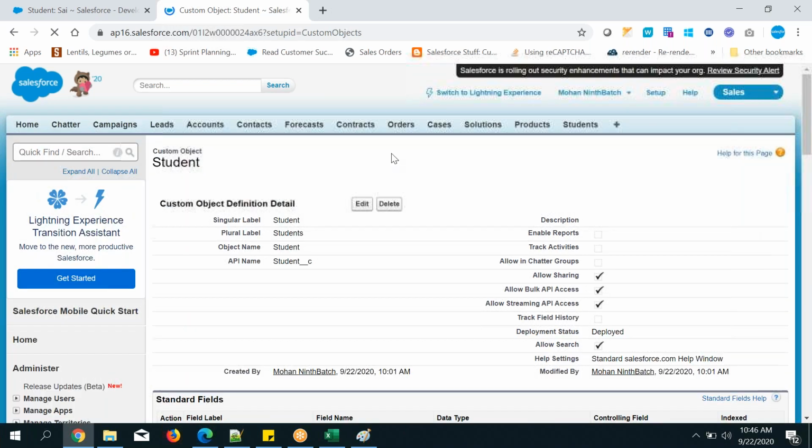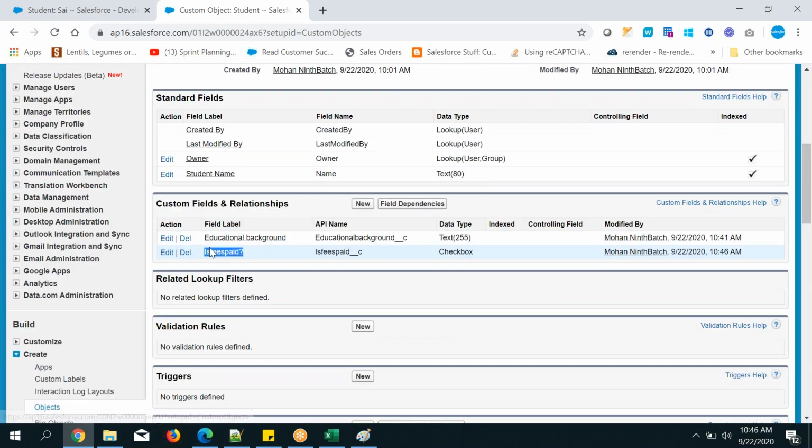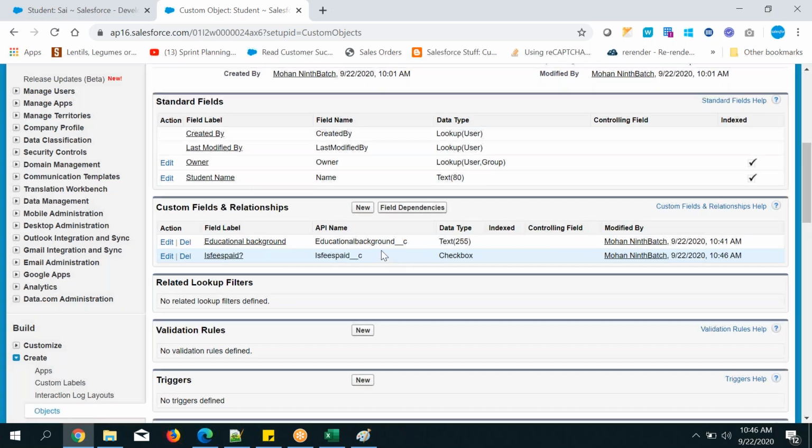So you have created a field, right? Check this one. This is your field label name and API name, taken from the field name. And what is the data type? It is just the checkbox data type. Label name, API name, data type. Now we will see what is the benefit of the label name. As of now you didn't understand, right? I will tell you now.